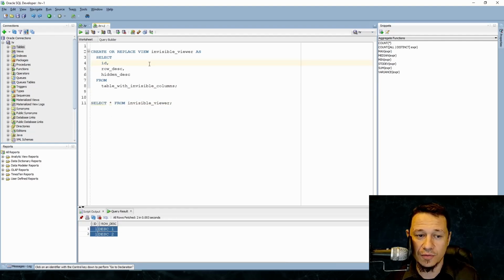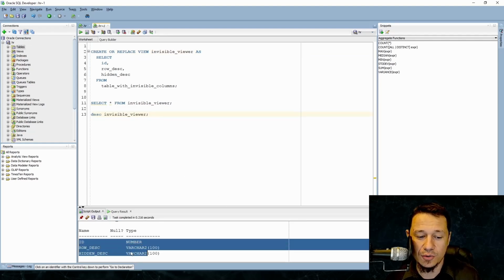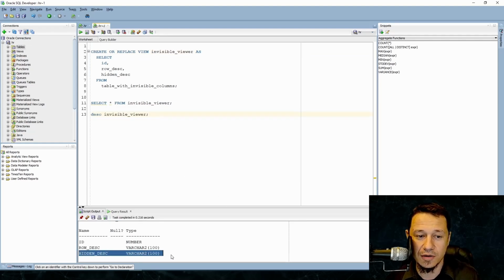Let's return our view to the previous state, so it also displays the invisible column, and let's try to describe that view. As you can see, we got also presented our invisible column from the table. Very nice. So now you can see how we can use views to present also columns that have invisible property